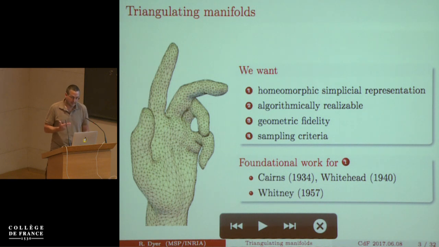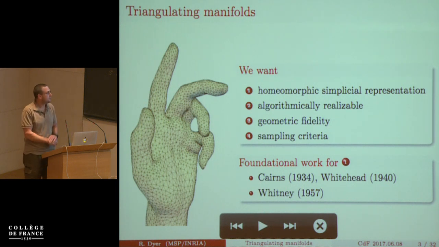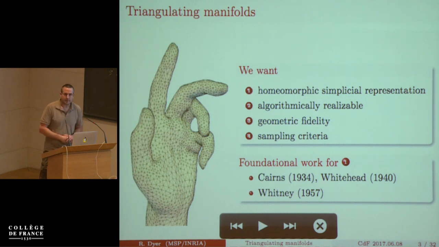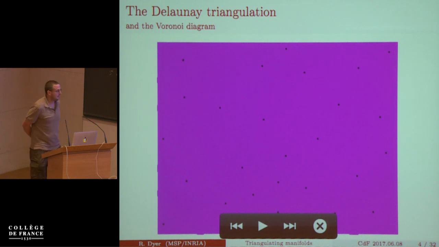we're interested in getting algorithms that don't have an exponential dependence on an ambient dimension if we happen to be working with a submanifold of Euclidean space. We really want to be focusing on the dimension of the manifold itself. So the work that showed that you could triangulate manifolds with Cairns and Whitehead, that's kind of in the spirit of what we were doing. They worked locally in coordinate charts, and this is the method we take. Whitney used his embedding theorem and made a complex by intersecting the manifold, the embedded submanifold, with the Cartesian grid. So this is similar to kind of things that are done in graphics. We use results that Whitney had, but that method really depends on the ambient dimension, so it's not the way we wanted to go. So we use Delaunay techniques, and I just want to really quickly go through